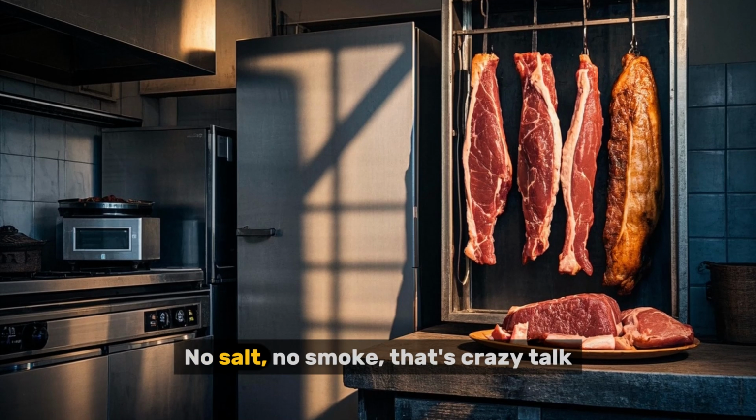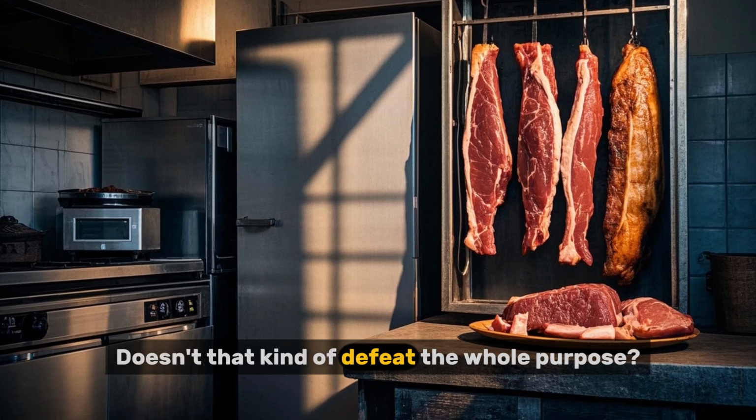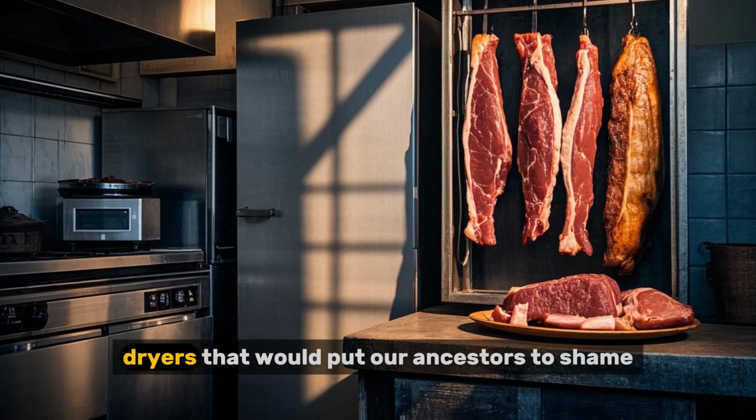You're probably thinking, no salt, no smoke? That's crazy talk. How do you keep meat fresh without salt or smoke? Doesn't that kind of defeat the whole purpose? Well, yes, we do live in an age of refrigerators and canning technologies and freeze dryers that would put our